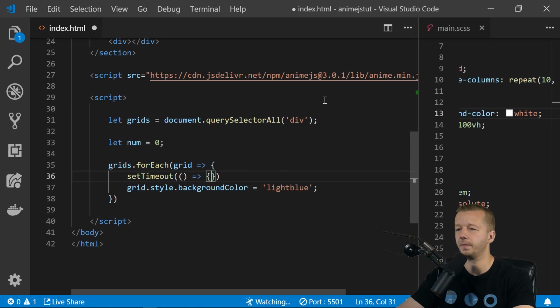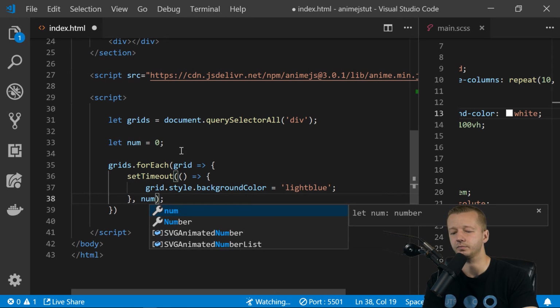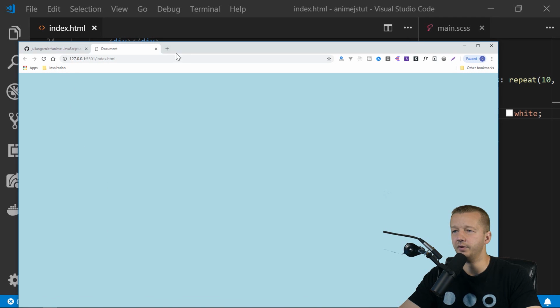And we'll open this up. Let me just close that out and end it there. All right, and then we'll just put in a delay where we say num plus equals 100 milliseconds. So it's going to add 100 to this value every time it goes through, and this will create sort of an animation for us. So if I refresh,